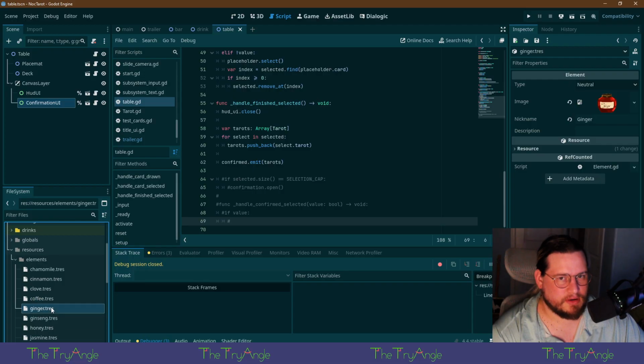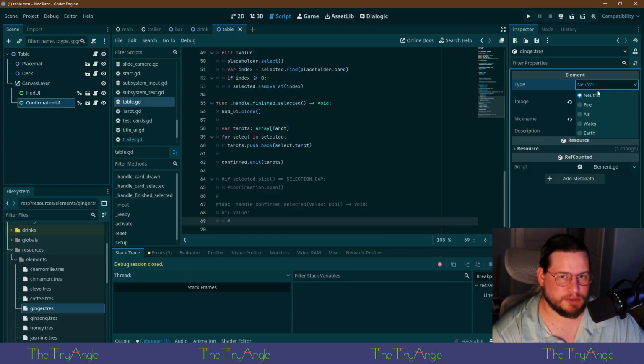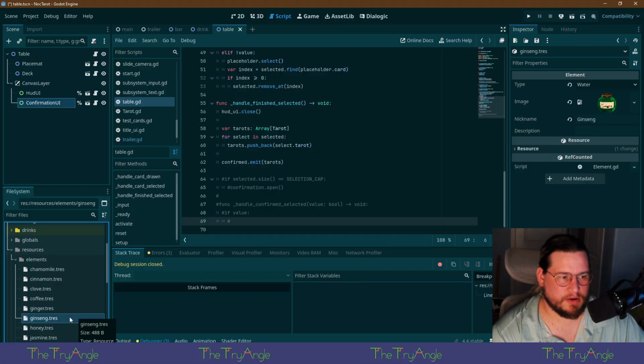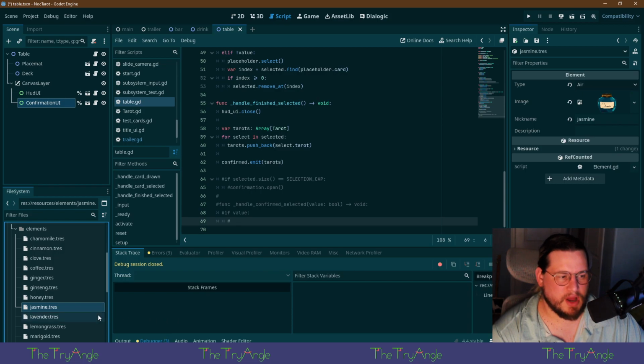I wouldn't call coffee fire. Coffee should be neutral, yeah? Ginger should be, I think, fire. Ginseng, water. Honey, neutral. Jasmine, air. Lavender is fire.